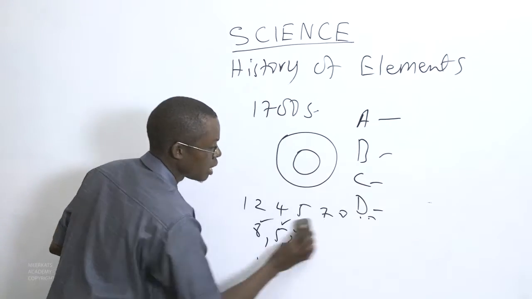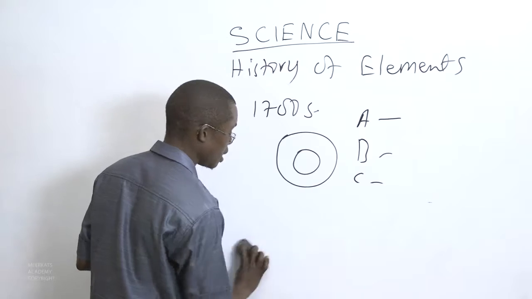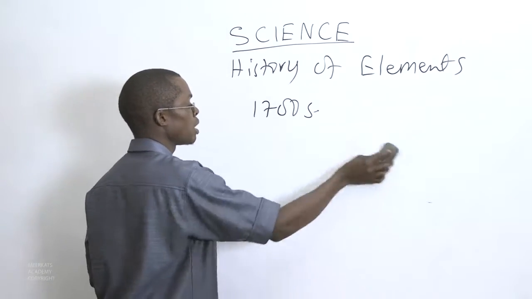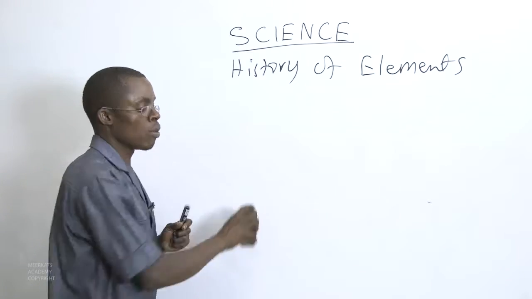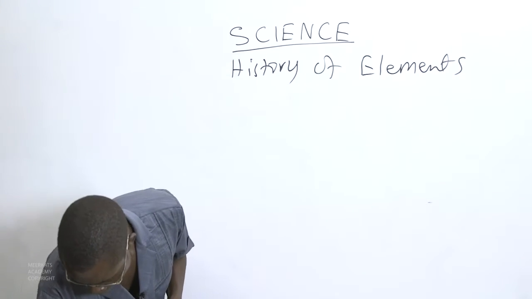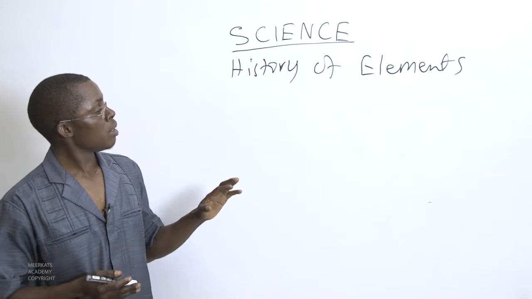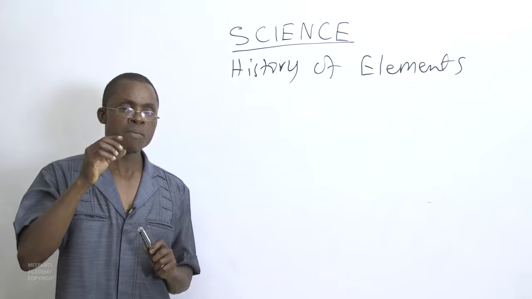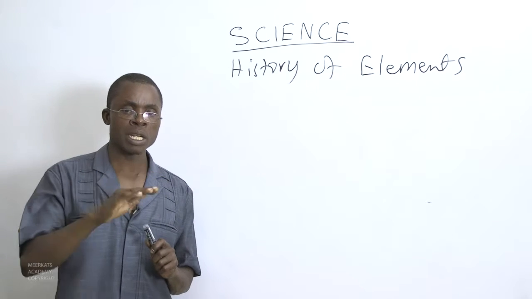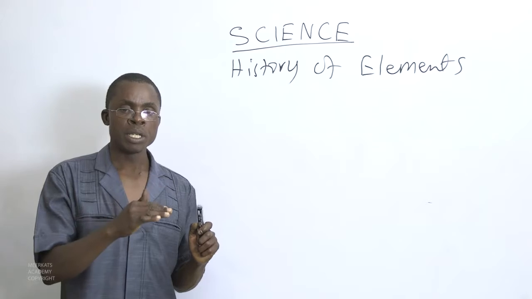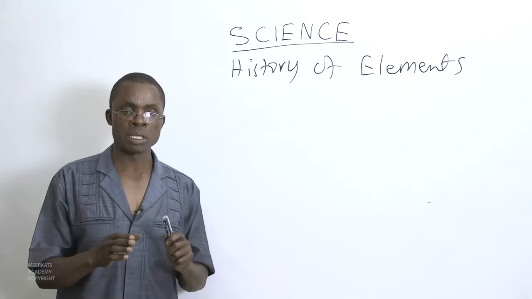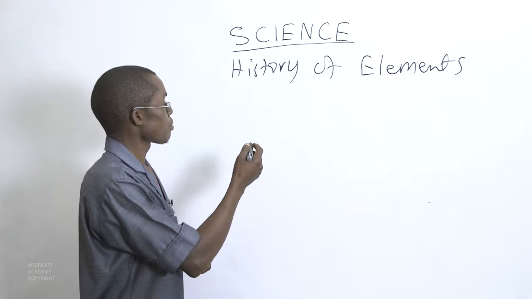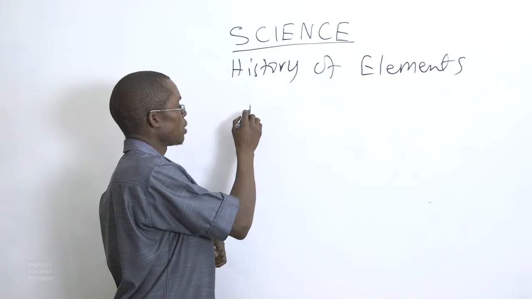Lavoisier was a scientist who came in to systematically arrange the elements, at least in a more reasonable way of doing it. By a more reasonable way, I mean you use the same basics, the same standards, on A, B, C, up to all the elements. Because the others used things like the mass,